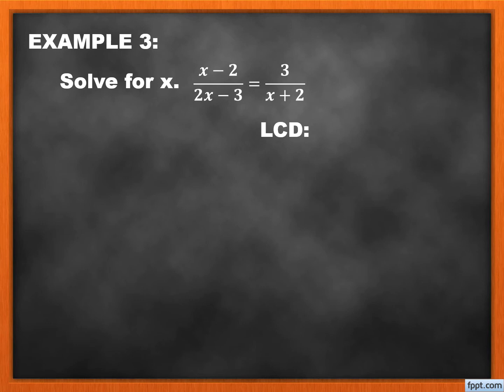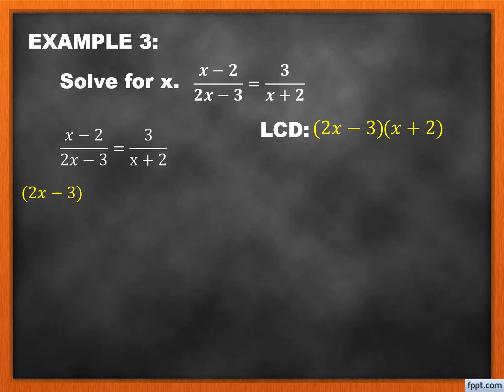To find the LCD, simply multiply the given denominators, which are 2x minus 3 times x plus 2. You don't have to simplify 2x minus 3 times x plus 2,